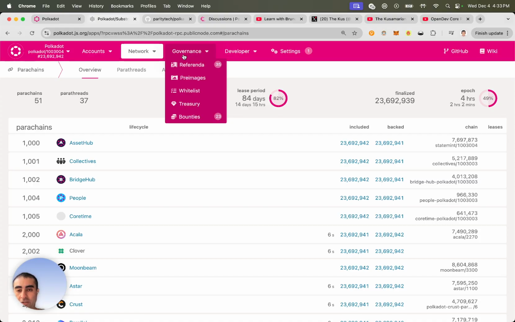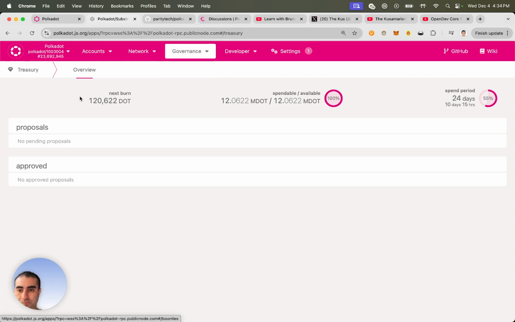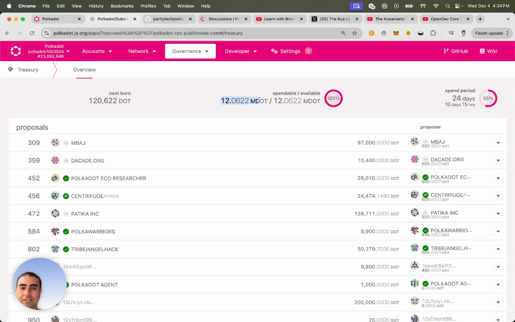It's on chain and it can be upgraded and modified because creating governance is not easy. And it's an effective governance system. So it's called OpenGov. The whole stack of governance on Polkadot is called OpenGov. And it works with the treasury. So if we look at the treasury here, Polkadot has a treasury, right? It's got currently 12 million that's available to spend, and every 24 days that money is sent to the proposals